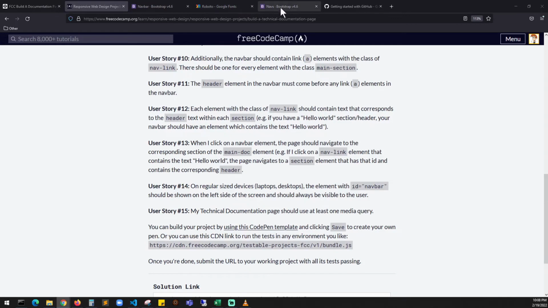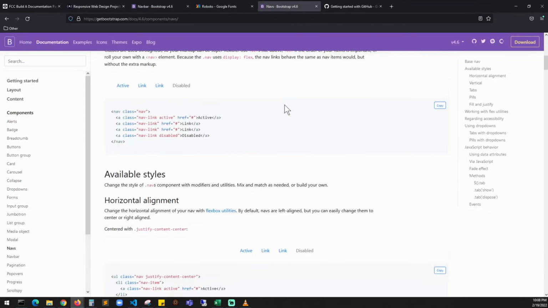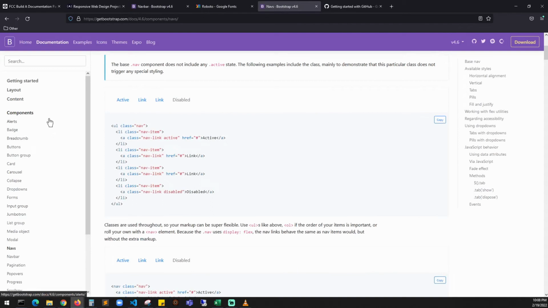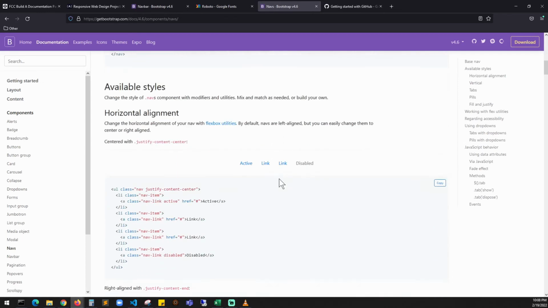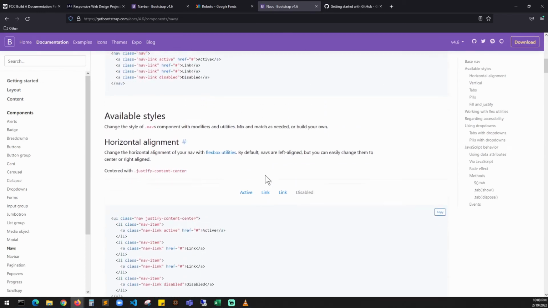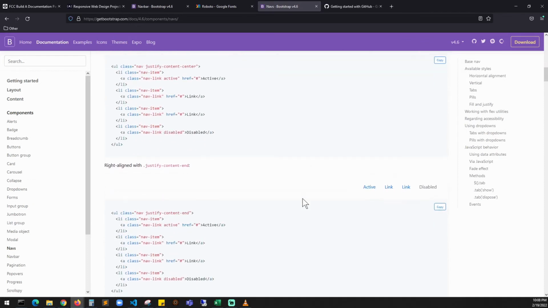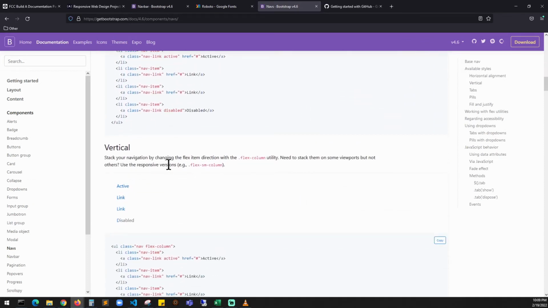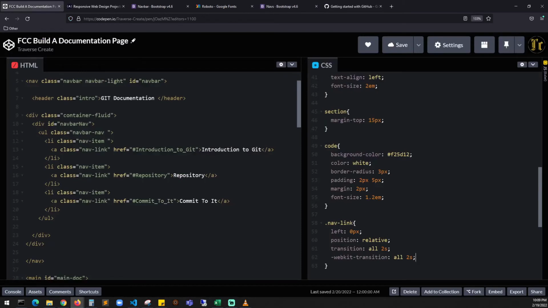So if you go have a look at your navigation, and actually inside the navigation you will see nav. So click on that. In order to position styles like horizontal, you can center it. What we're going to do is we're going to do vertical, and we're going to make this as flex column. So copy this, flex column, and the way we're going to get this, go to your documentation page, in the list items, we're going to give flex column, save this,